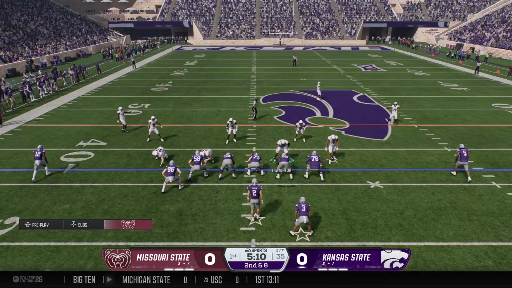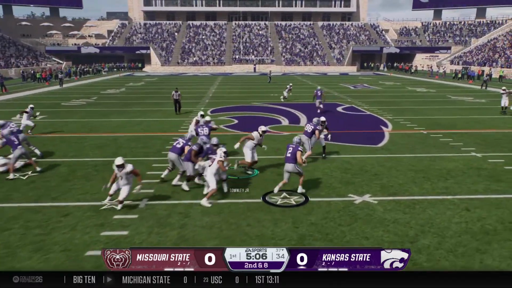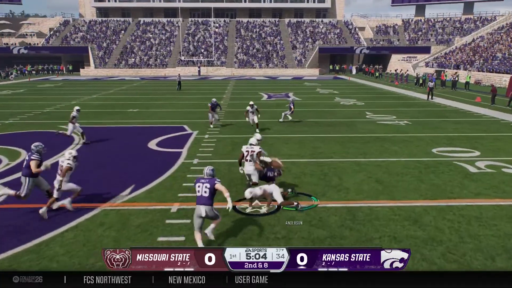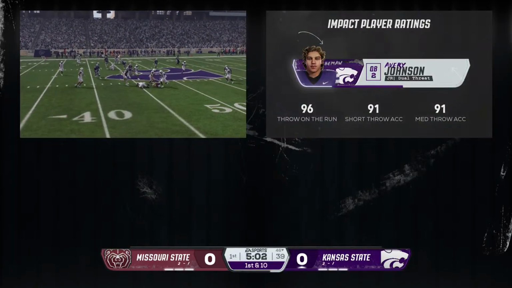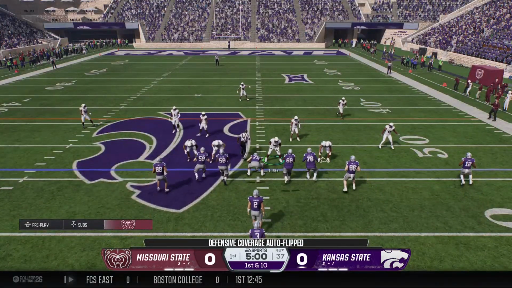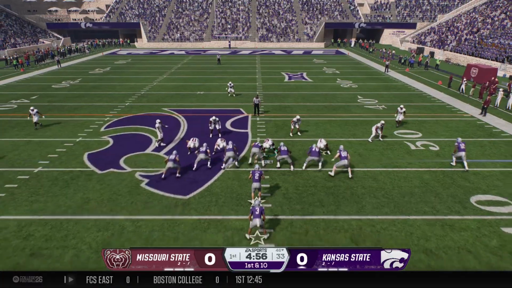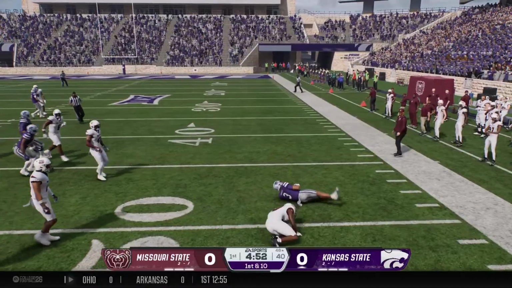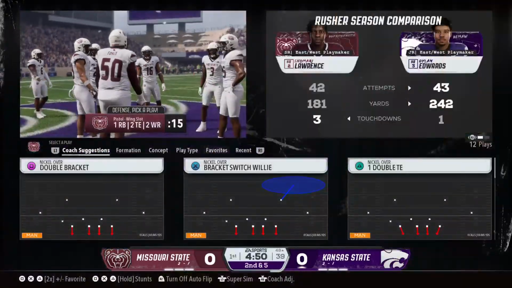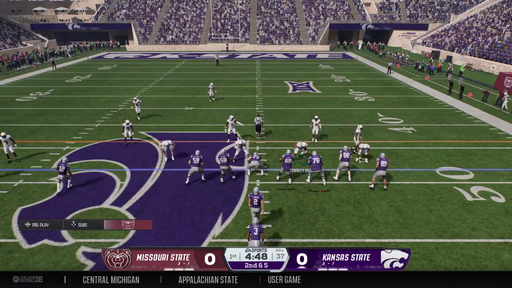Backed up now. Here's 2nd and long. He'll keep it himself. Gets it to the 46-yard line. 1st down for this offense. Well, the defense did a pretty good job that time on the option play of having someone dedicating themselves to the quarterback to get him down. Not enough to stop the offense from picking up the 1st down, though. The defense really needs to be keyed in on this because they're going to see this option play more and more as this game goes on.